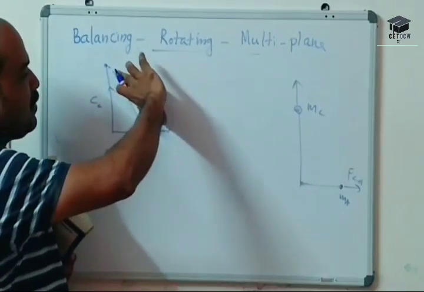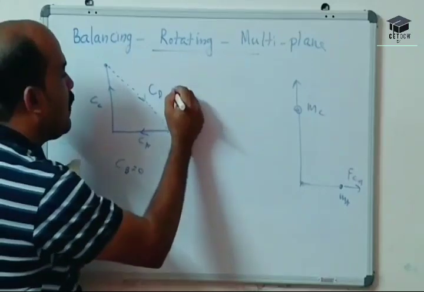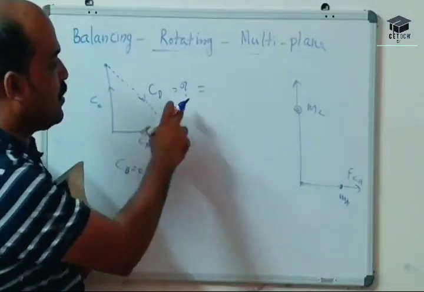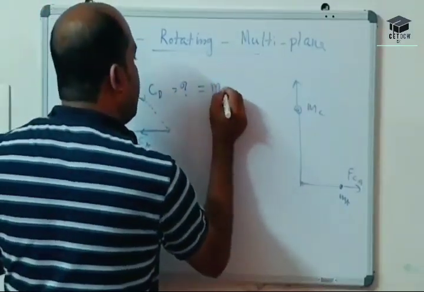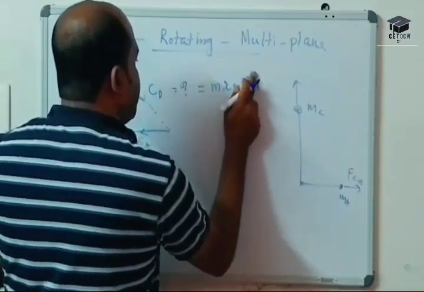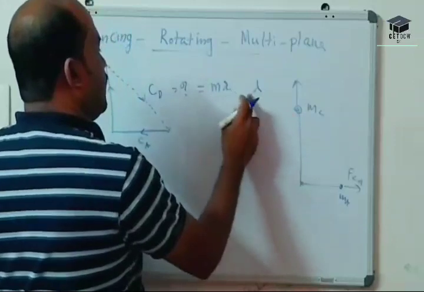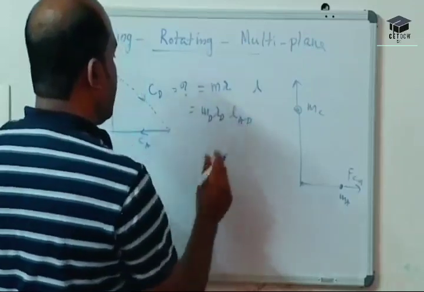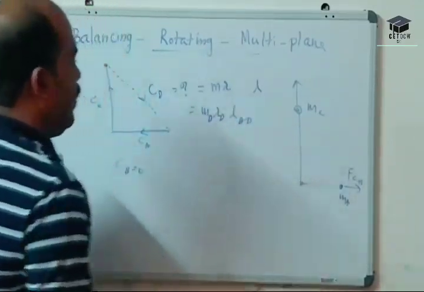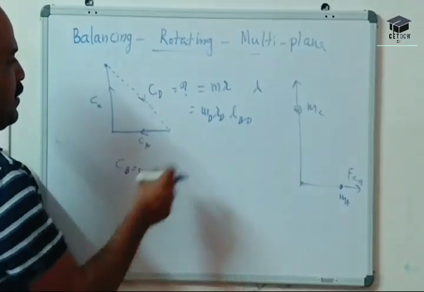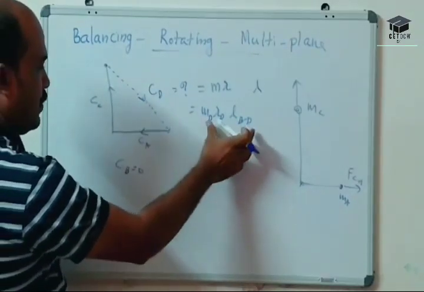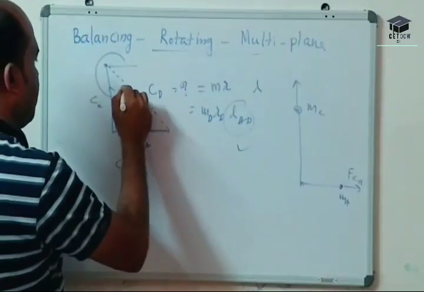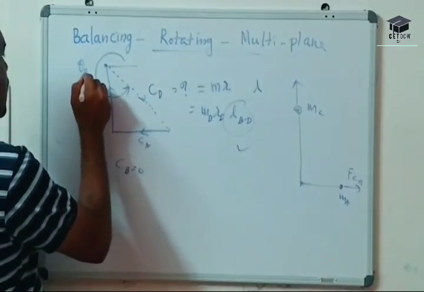So you measure the length of the couple due to D and convert it into kilogram meter square. This is in centimeter. Convert it into kilogram meter square and equate this to MR omega square L. This omega I don't consider. MR omega square, that is MD RD LBD. From this you can find LBD. So you get the value of LBD. Then this is the required angle, theta BD.